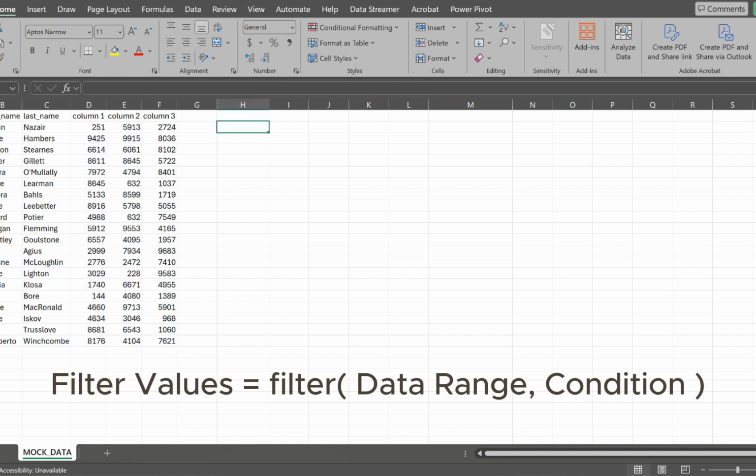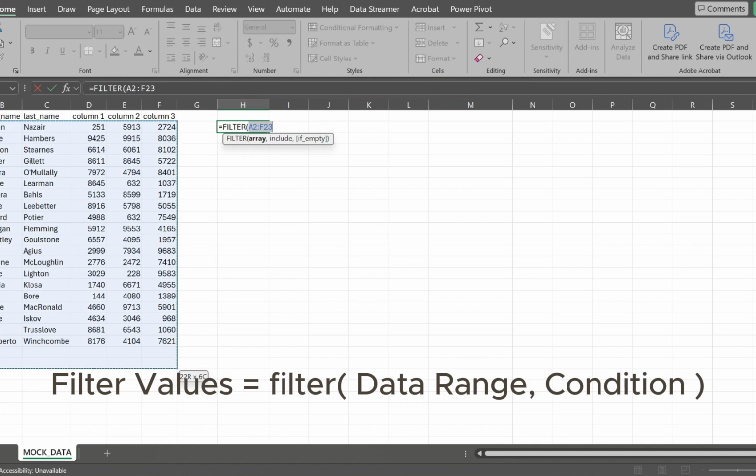So I'll have equal to, select the FILTER function, then select that particular range which I want to filter. After this range I'll have a comma, and then again I'll select column 1 entries,